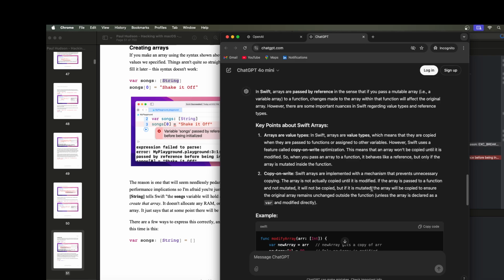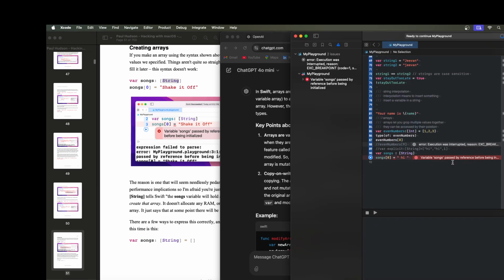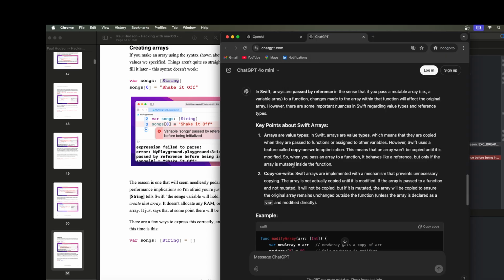Okay, so now why are we saying that it's passed by reference although it is not an object? So what it's saying is arrays are value types. That means they are stored in the stack, not in the heap. If arrays are value types, they are copied when they are passed to functions or other variables. However, Swift uses something called copy-on-write optimization, which means that the array won't be copied until it is modified. So when you pass an array to a function, it behaves like a reference only if the array is